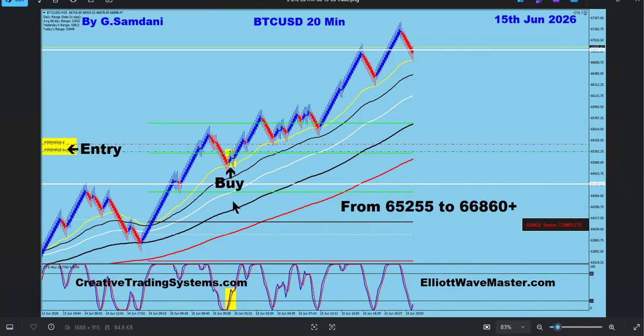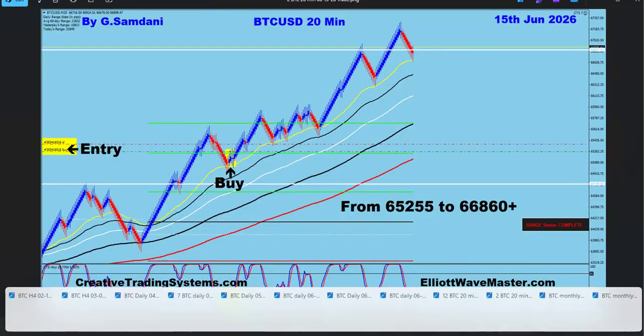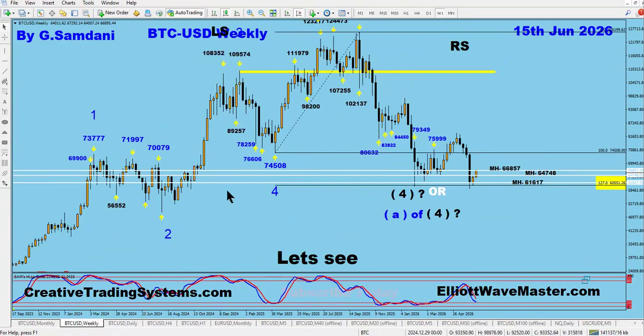So if you like what you saw, you want to be a part of it, you want to learn Elliott wave, the Elliott wave count, by the way, I have it on every step. Like the monthly chart, then this is my weekly chart here. This is what's happening on the weekly: if you pull the fib from here to here, basically we are bouncing from exactly the first level of extension, which is 127. The second is 1.618, or 161. We touched 127 and we are nicely bouncing. We have a nice divergence here.